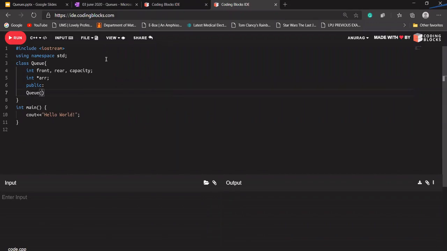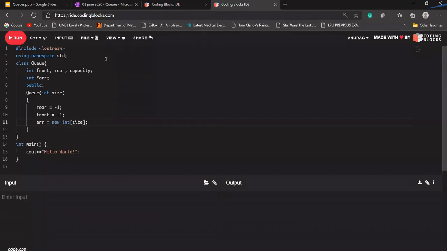Let's say Q. Again, I'm giving size to it. We have already discussed, in the starting front will be -1 and rear will be -1. If anybody still has any doubt, you can ask in the group chat. Let's say array is equal to new int of size. Okay, capacity will be size. I'll be writing void enq here. Inside it I'm checking if is full,